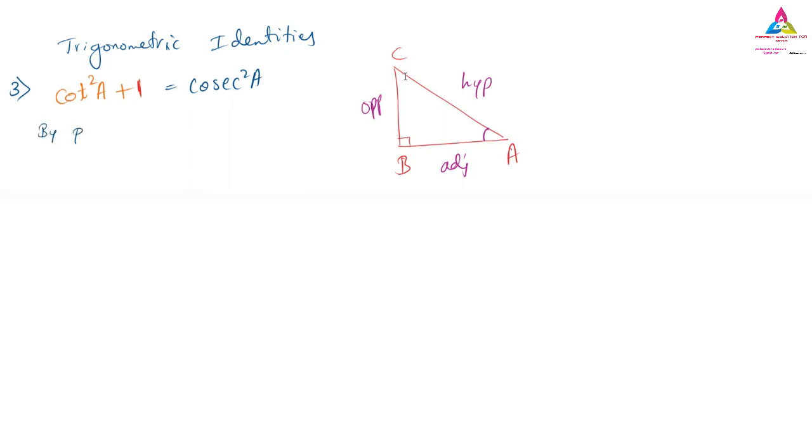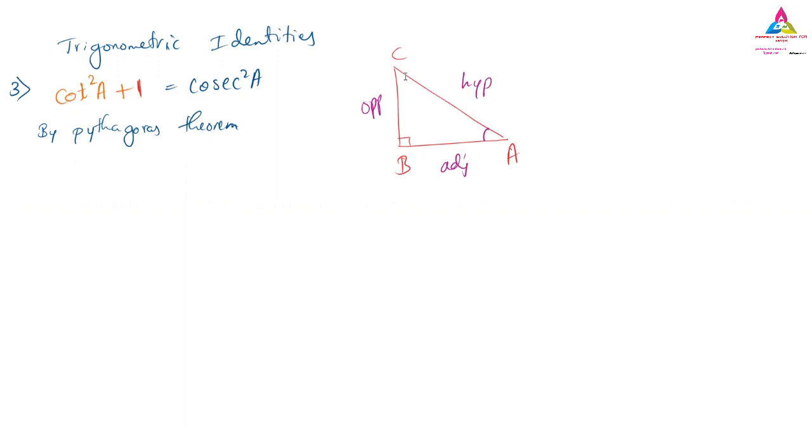Some students are asking in the chat, sir, while we are writing the identity, do we have to draw the diagram? It is not necessary. When you write the identity, there is no need to draw the diagram. When you are deriving it, or when the derivation is asked, only then do you have to draw this diagram. Otherwise, no need, because in an exam they will ask only the identity, not the derivation.